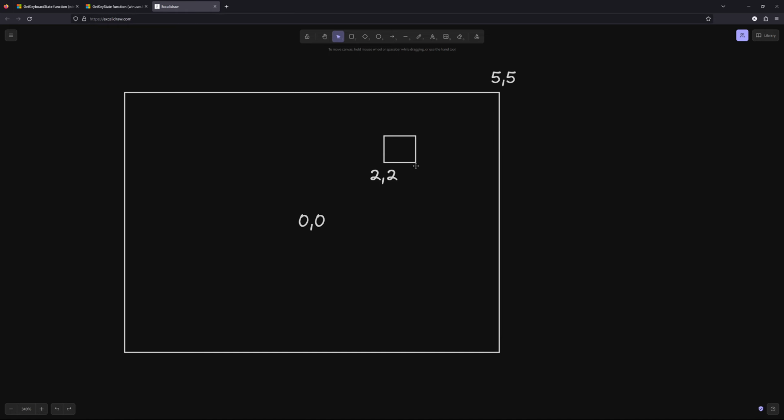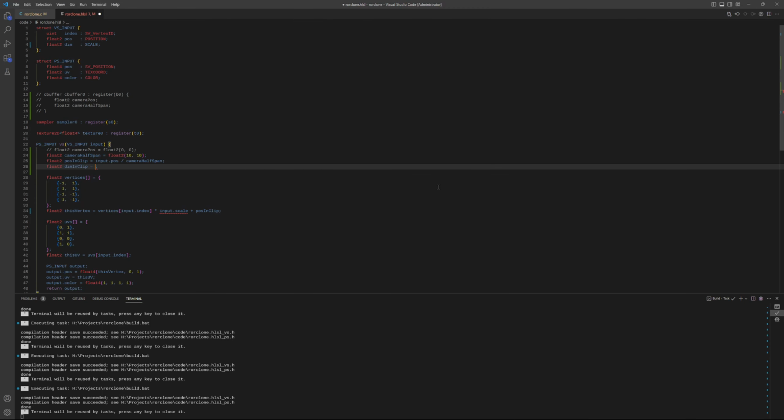This is 1. Again, you just divide that. Input dimensions divided by